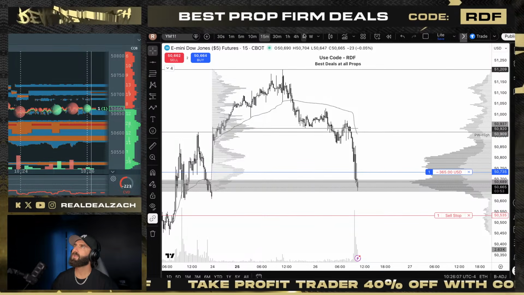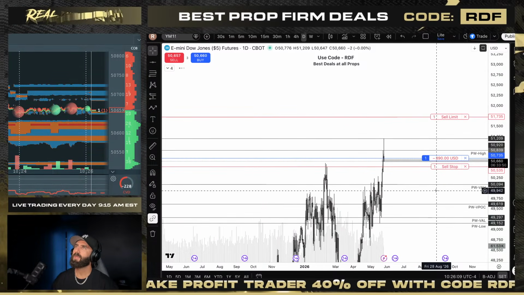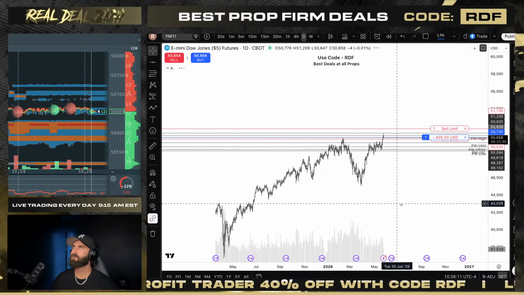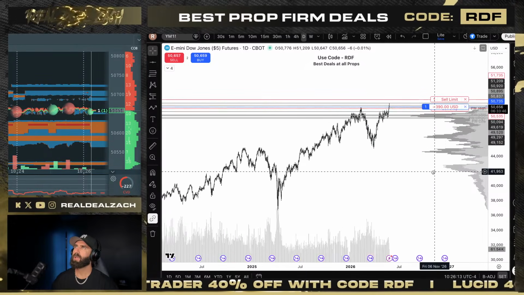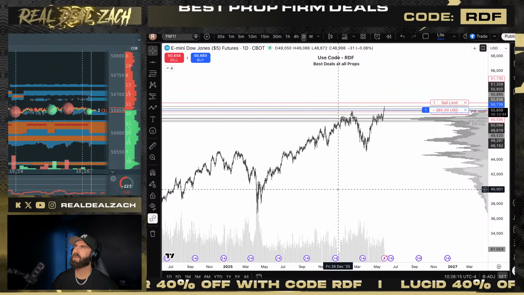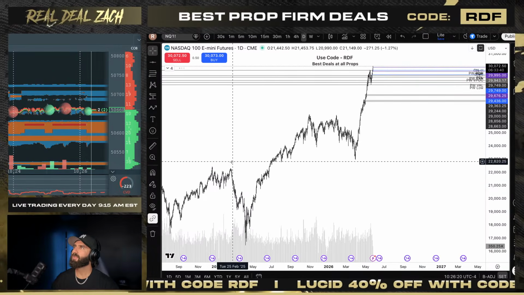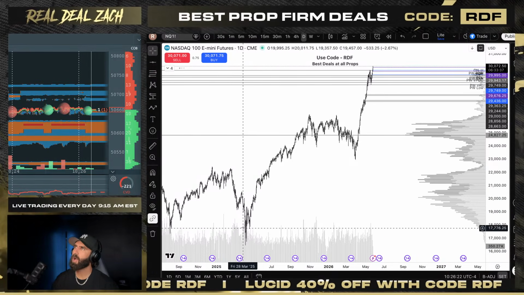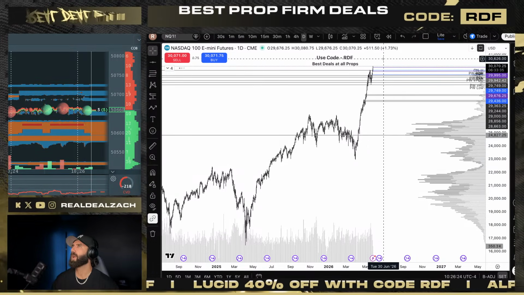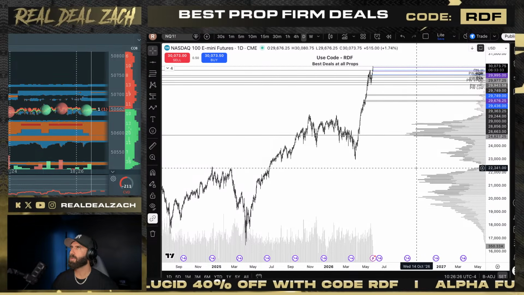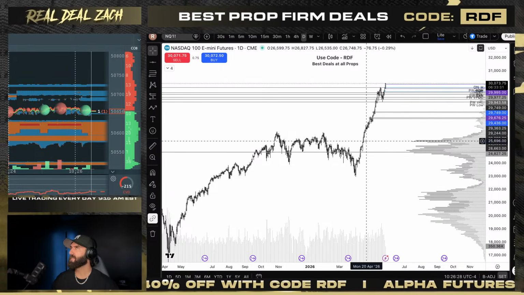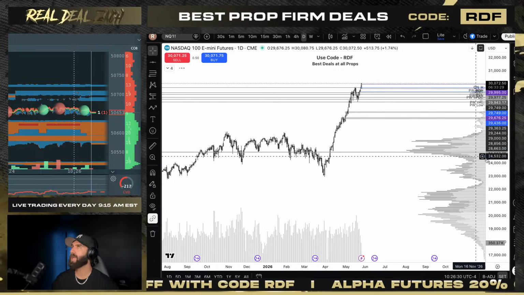Sorry, I'm on YM. I don't know what I'm doing here. If you zoom way out, they're going to look similar, right? This would be YM. We could put them side by side if we really wanted to. This would be NASDAQ. The turns to the downside, the sell-offs, the consolidation, the pushes to the upside, they're going to look similar, but they're not the same. And this movement was a really good example of it.